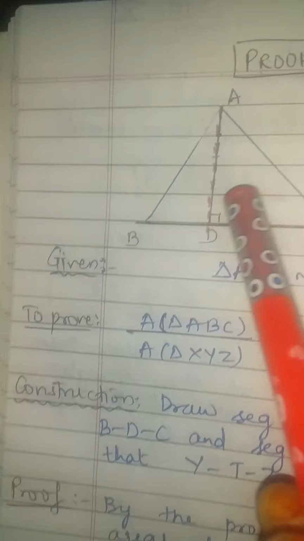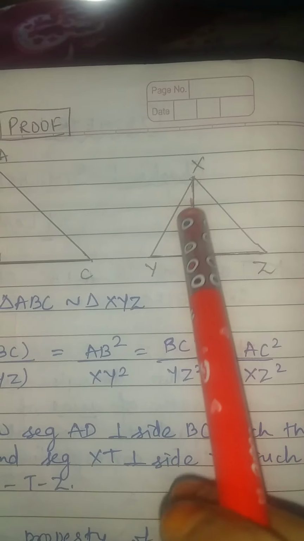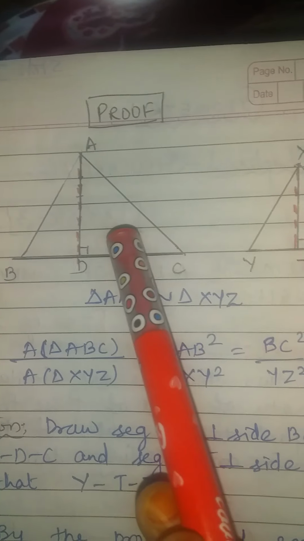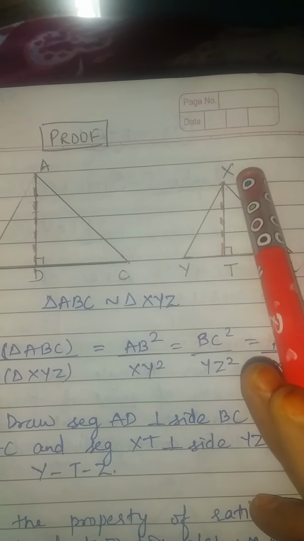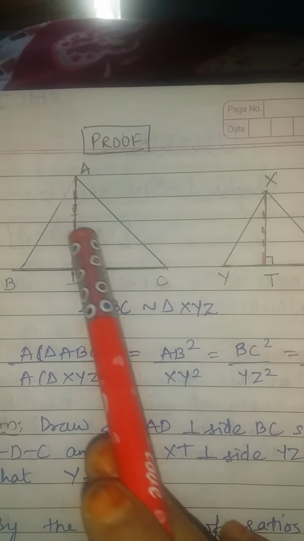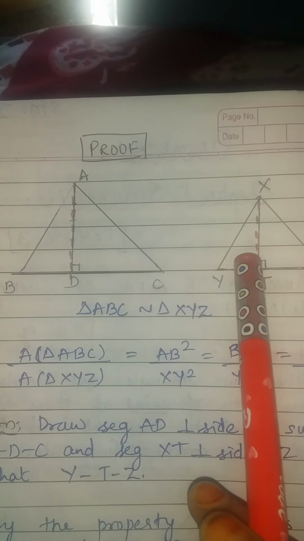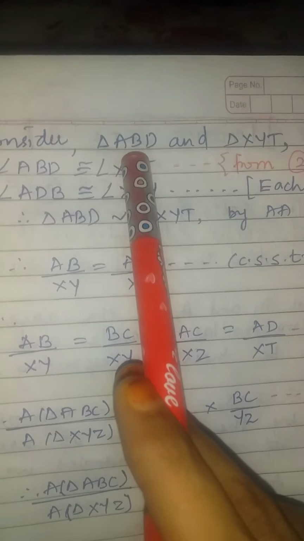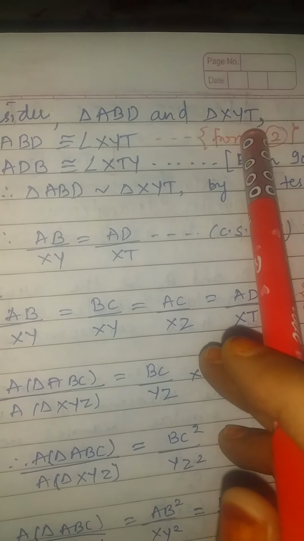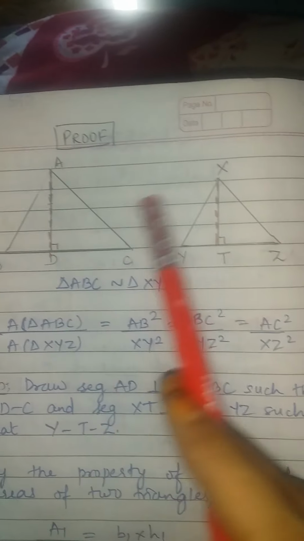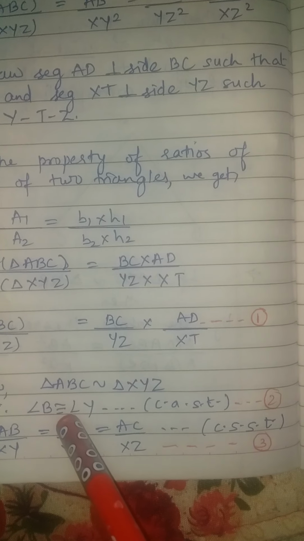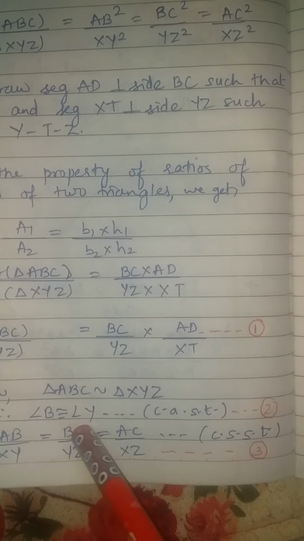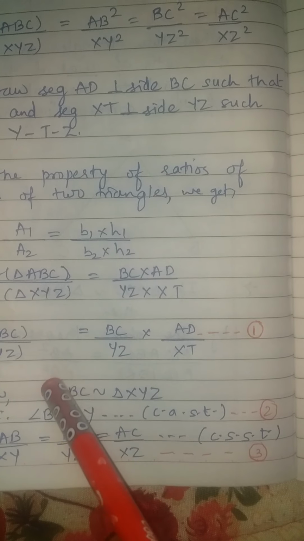Now this we have done with reference to the bigger triangles, that is ABC and XYZ. Now let us take two smaller triangles into consideration, that is triangle ABD and triangle XYT. We are going to prove these two triangles similar by the simplest, that is the AA test for similarity. Let us see. Consider triangles ABD and XYT. Now from equation 2, students, what we are having, that is angle B is congruent to angle Y, which are nothing but the corresponding angles of the bigger triangles.